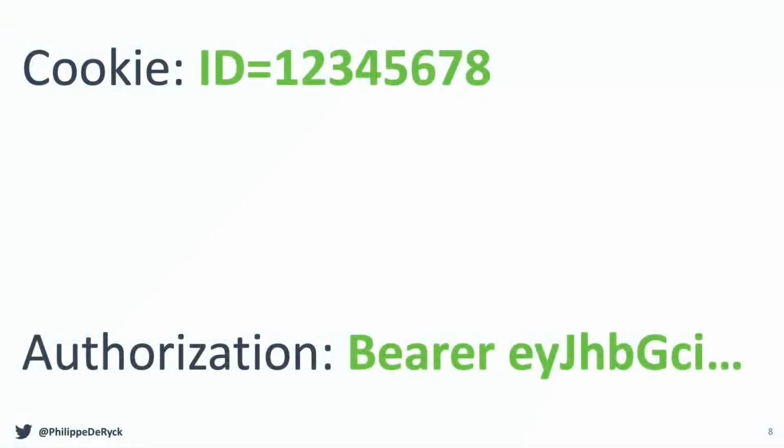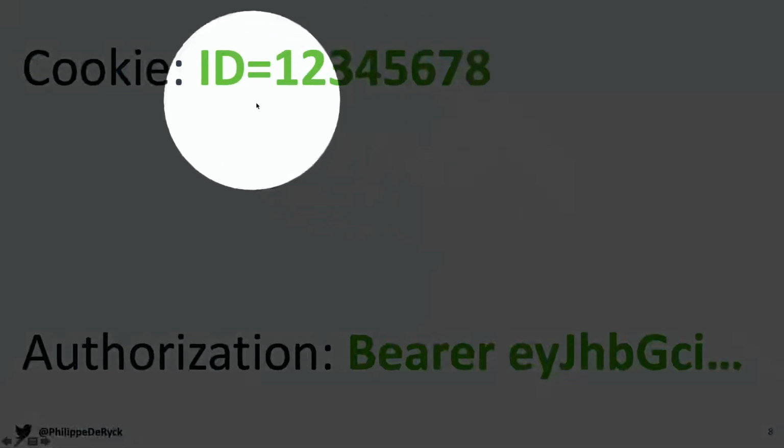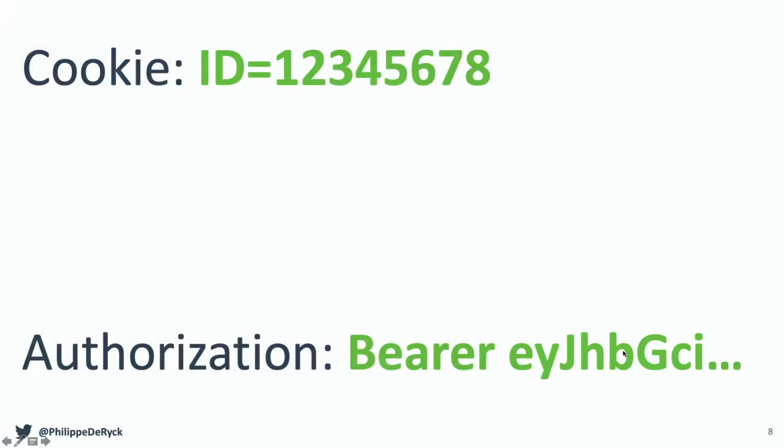All right, back to the old way and the new way. The old way: cookie header, identifier, you have some random session ID in there pointing to a server-side session object. The new way of doing things is you have the authorization header and some kind of token in there. This slide represents a frustration for me, a pet peeve. People often talk about cookies versus tokens, and they mean keeping track of state on the server versus keeping track of it somewhat on the client and using the authorization header to handle that. This comparison makes no sense.